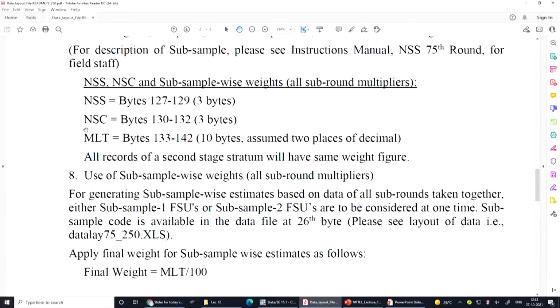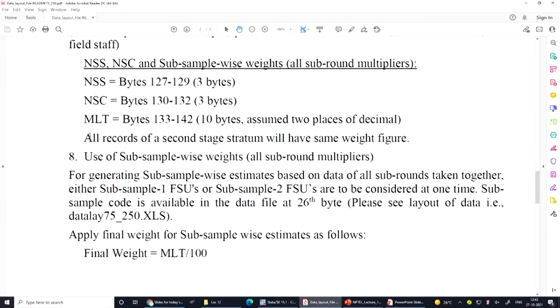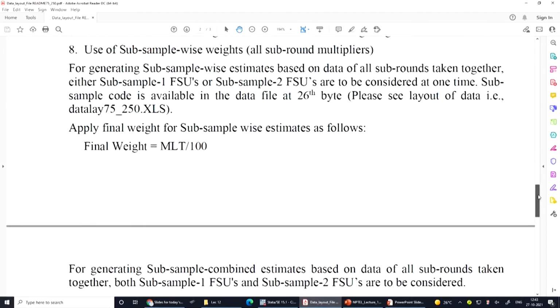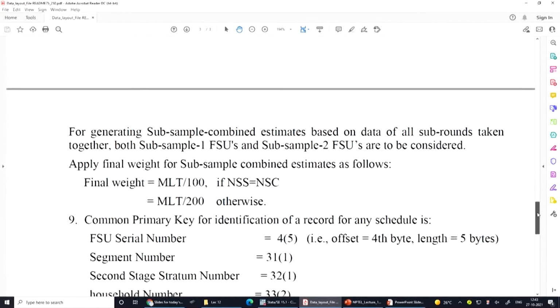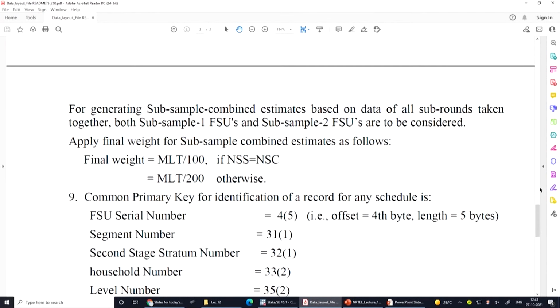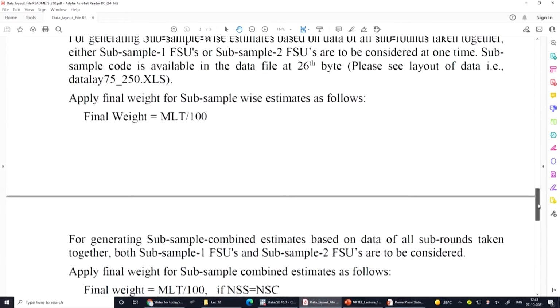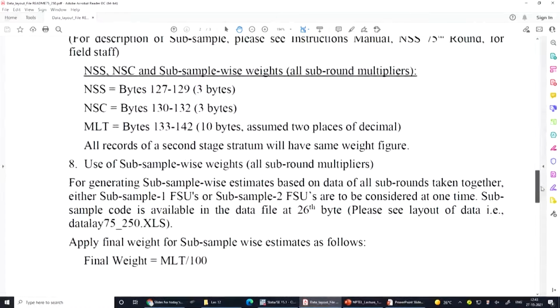Usually we go by the multiplier as the variable for the weight, but the final weight should not be just the multiplier; it has to follow certain steps. It has given the final weight as either MLT by 100 if your subsample is equal to the subsample combined,